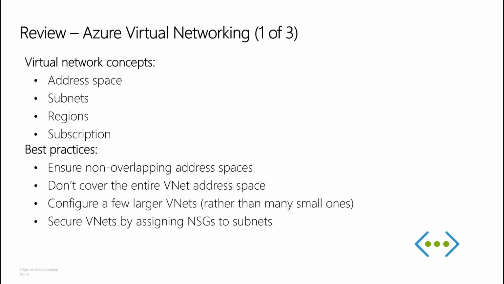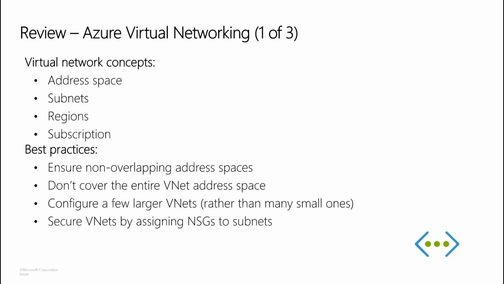Next concept is subnet. Subnets enable you to segment the virtual network into one or more subnetworks and allocate a portion of the virtual network space to each subnet. You can deploy Azure resources in a specific subnet. Just like in a traditional network, subnet allows you to segment your VNet address space into segments that are appropriate for your organization's internal network. This also improves the address allocation efficiency.